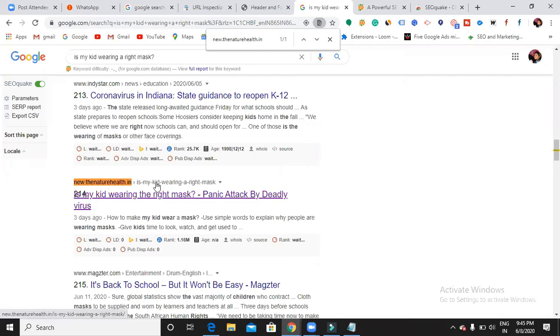Now tell me, is it appearing only your website, or is it showing your blog post URL also? Sure. So it is showing a blog post URL. That means it is not directly showing the complete website when someone searches for the keyword. It is showing the exact blog post URL. Why? Because I have crawled it. I made Google index that blog post. So that is the reason.